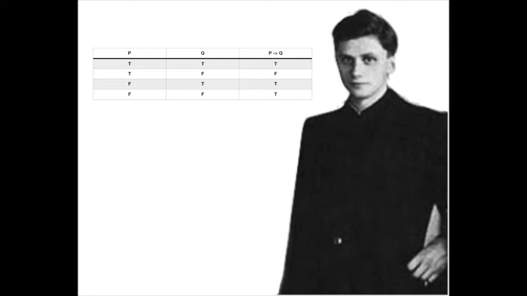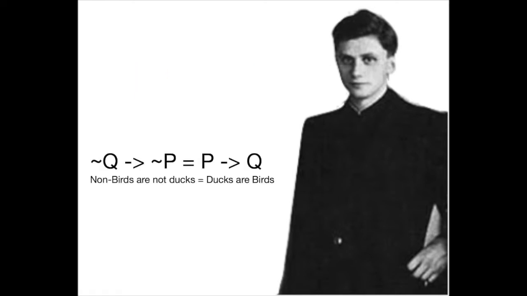In formal logic, a proposition can be transformed in various ways that preserve their truth value. One of those ways is what's called a contraposition, or taking the contrapositive of the proposition. To take the contraposition, you negate both P and Q and reverse them. So for example, "ducks are birds" becomes "non-birds are not ducks," or in formal logic, not Q, therefore not P. This statement is logically equivalent to "ducks are birds," meaning that any circumstance under which one of them is true, the other one is going to be true as well. Similarly, when one of them is false, the other one is going to be false as well.